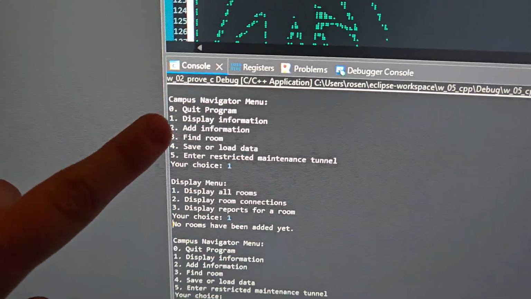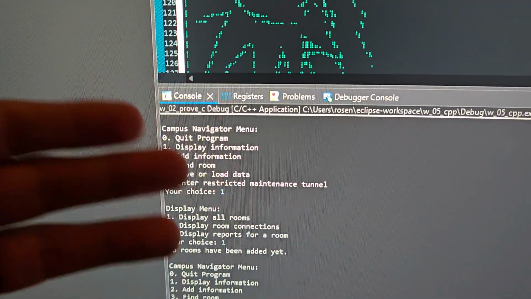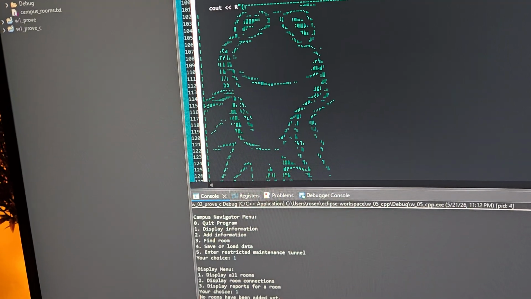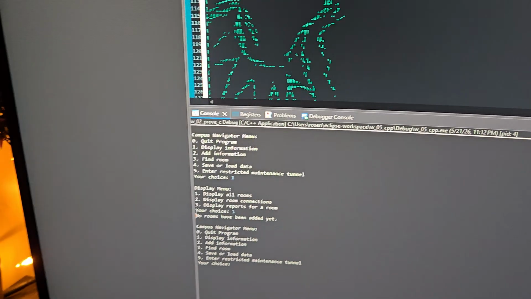But I was testing out different solutions, like displaying information, having submenus, adding certain information, adding connections, finding rooms, that kind of thing. It's not full-featured. It doesn't have like a Dijkstra graph or nothing of the sort that I would need for room navigation and such. But what I was kind of doing here was I was testing out some ideas I had for my senior project. I can't use it, so I feel like I'm in a gray area of I'm not supposed to use past works, I'm not supposed to use this in other classes, but I kind of can't because they're two different languages. And anyway, so